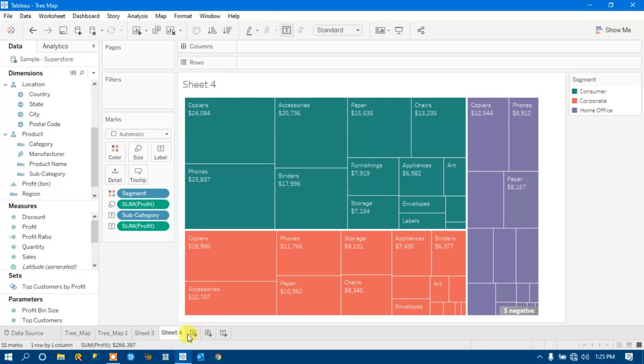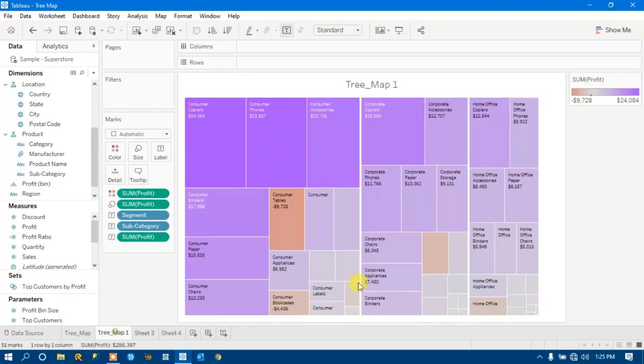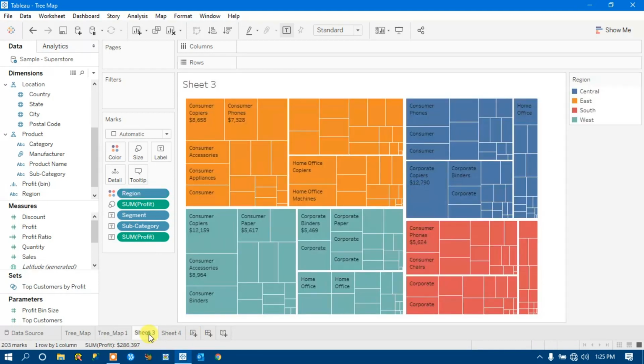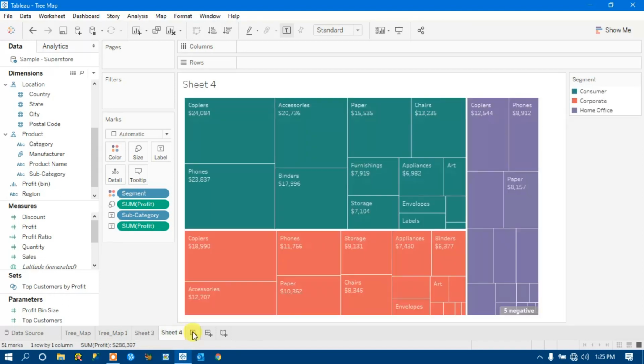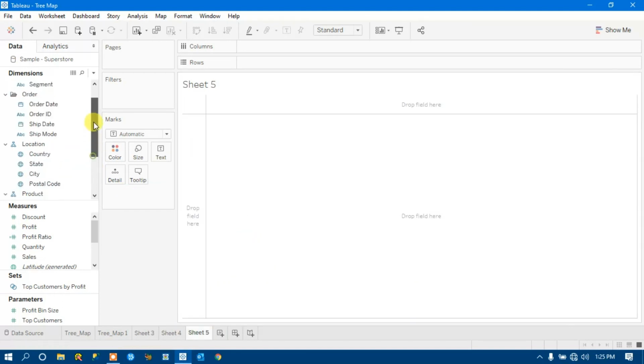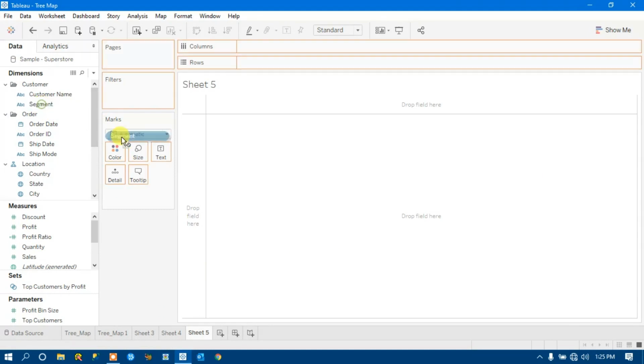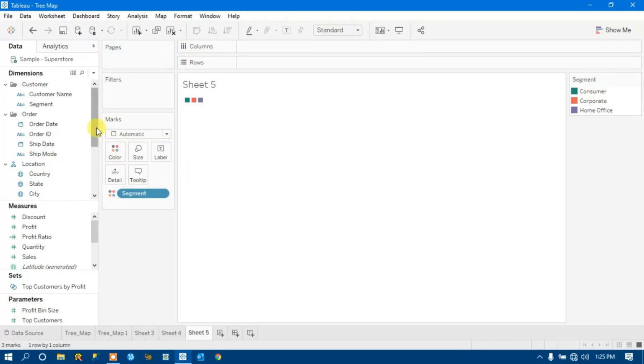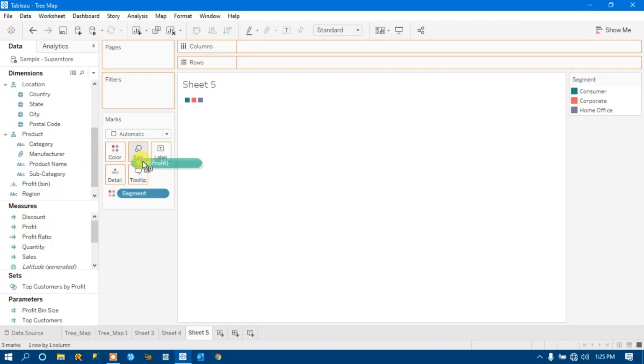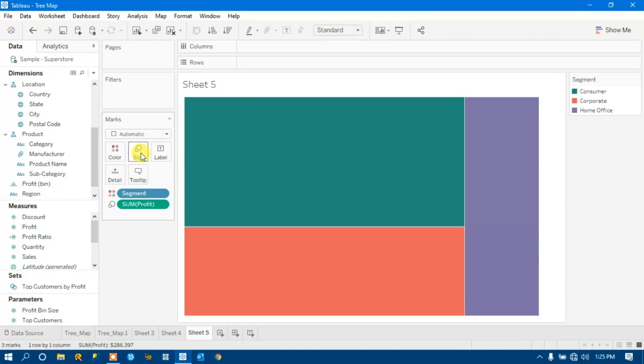Let me create one that is color diverging, right? Let me insert a new worksheet. We will go with the same example. Drag our segment to the color marks, and let me drag the profit measure to our size marks.